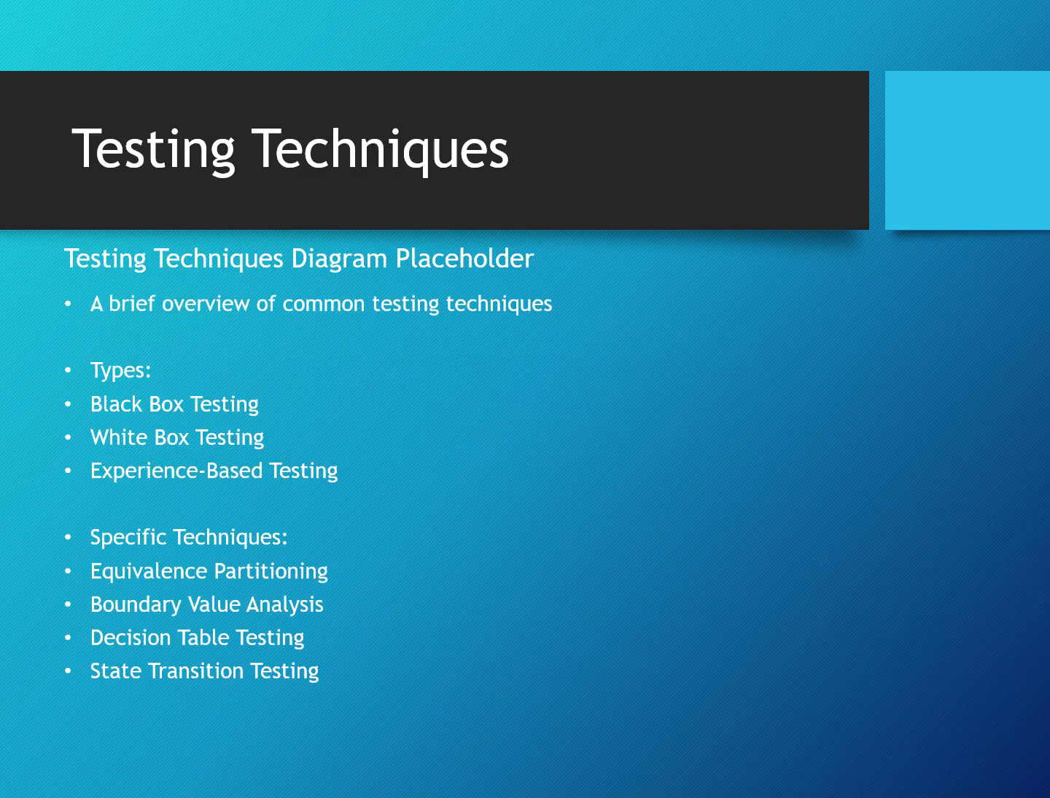When it comes to software testing, we don't rely on just one method. We use a variety of testing techniques depending on the scenario and what we are trying to achieve. There are three broad categories: black box testing, where we don't look at the internal code but focus on the inputs and outputs; white box testing, where we analyze the internal logic and structure of the code; experience-based testing, which relies on tester knowledge and intuition to find tricky edge cases. Some commonly used techniques include